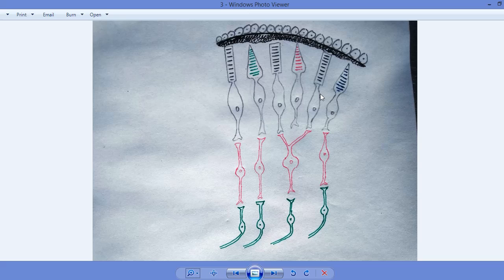In the case of no vision, in the case of closed eyes, the electric potential of these will be -30, and these will secrete neurotransmitter in large amounts, and these bipolar cells will be continuously inhibited by the neurotransmitter secreted by rod and cone. And when these are inhibited, this will not lead to formation of any signal toward the ganglion